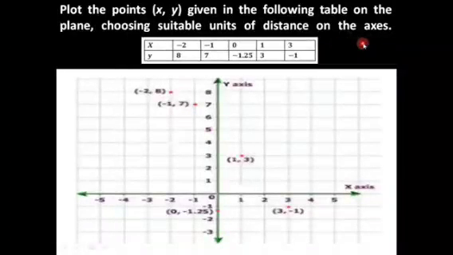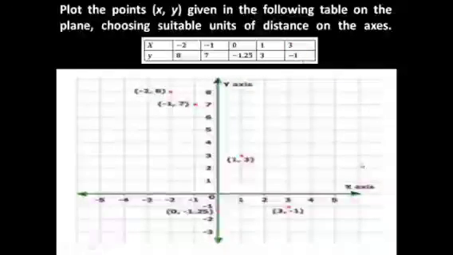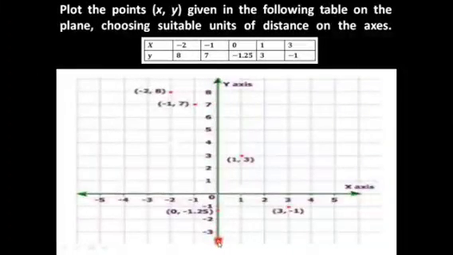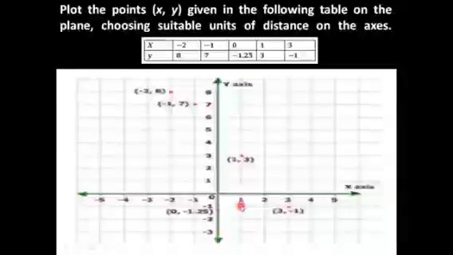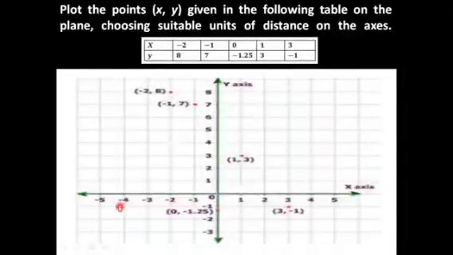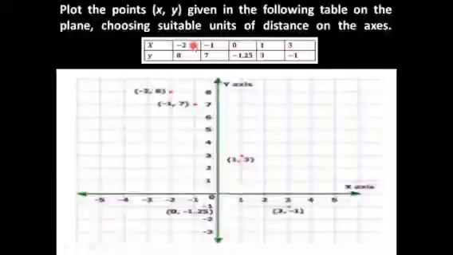Now let us try to plot these points on a Cartesian plane. The first thing that you have to do is draw the x-axis and the y-axis on a graph paper with the help of a pencil and ruler. And then very carefully plot the positive and the negative numbers on the respective sides of the x and the y-axis. Let us now plot the first set of number, that is -2, 8.